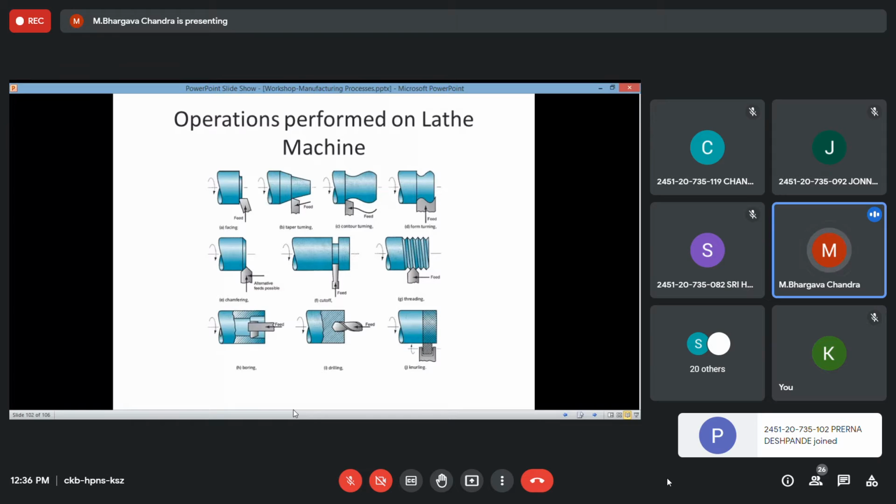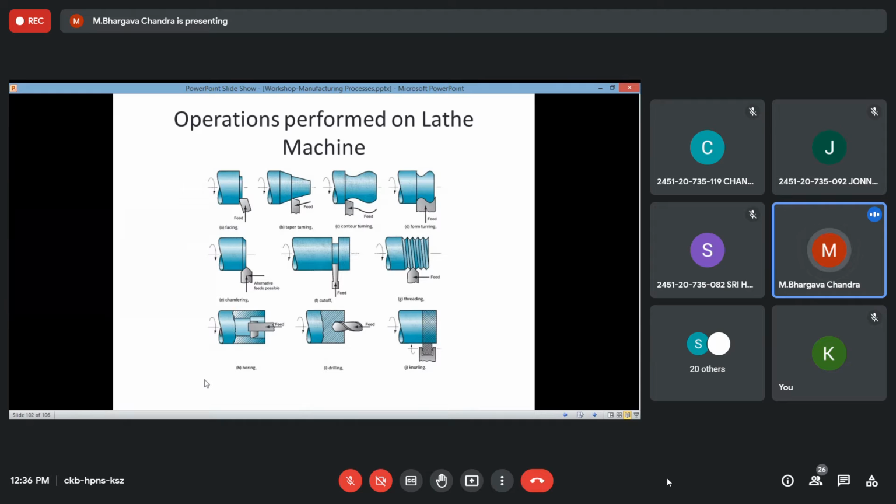Then you have the boring operation. In the boring operation, you require an internal recess. That is, internal cylindrical machining has to be done here to create a hole inside a cylindrical component. So internal machining is required here. Till now we have seen only external machining. Sometimes you may have to do internal machining in a component. That is, you may have to create a cylindrical component and machine it to the required size or diameter. Here you can see the tool bit is totally different.